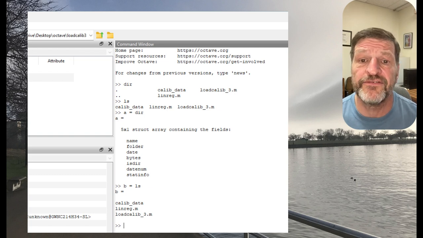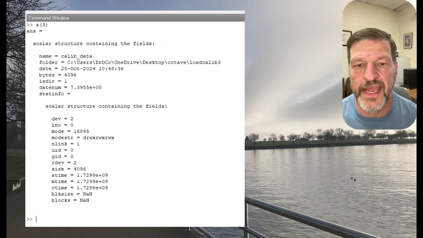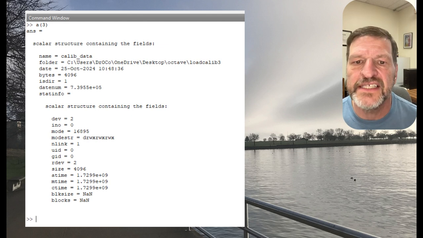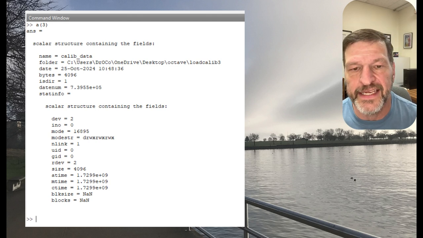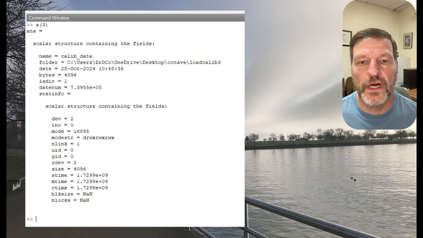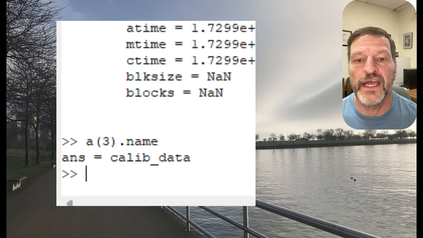You can get the name of something from the A structure that we have. So if I look at A sub 3, that's going to be not dot, it's going to be the calib data folder, right? So I just say A parentheses 3, the third element of this structure A, and it shows all the details of the third element. Its name is calib data, its path, its date, how many bytes, all that stuff. Good? All right. So if I want to just extract the name of it, right, I can say